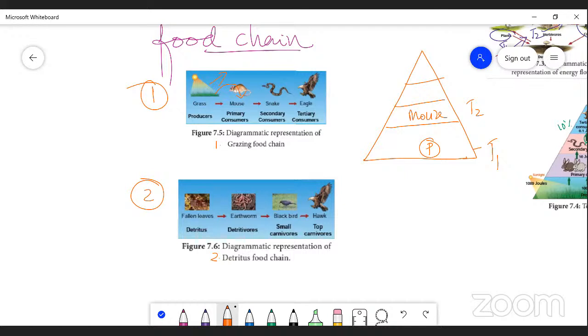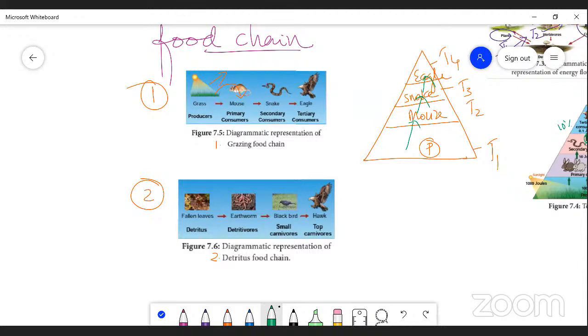And the third trophic level is designated by T3. It is occupied by the snake. And the fourth trophic level, T4, is designated by the eagle. So the moving of food energy is from producer to mouse, from mouse to snake, from snake to eagle. So the flow of energy from trophic level 1 to trophic level 2 and 3, and finally it reaches trophic level 4. This is called a